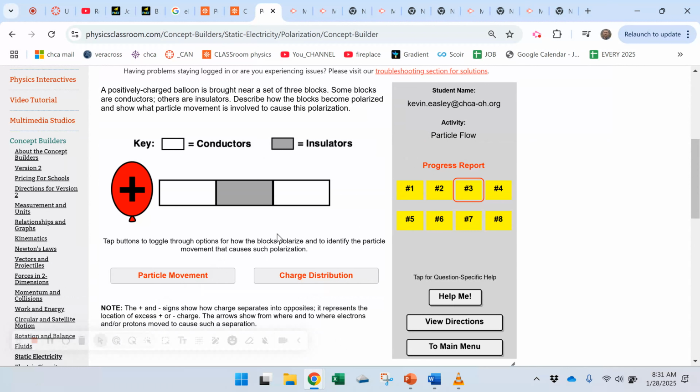That next level, this is that middle level, the master level. It gives you a scenario, and it's more about particle flow and charge distribution. So you kind of have the same thing where you have a charged object here, and then you need to be thinking about the protons and electrons on all of these. Now, I will tell you, with insulators, electrons are never ever allowed to move. But if you have a positive here, you can